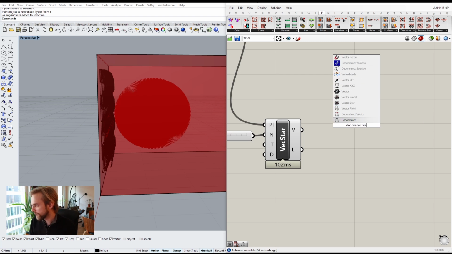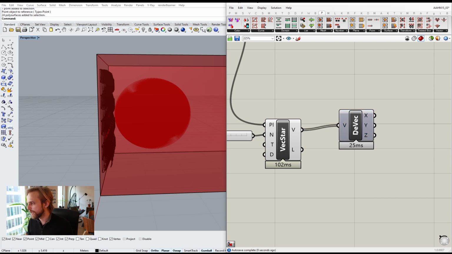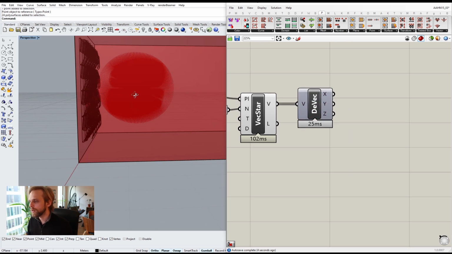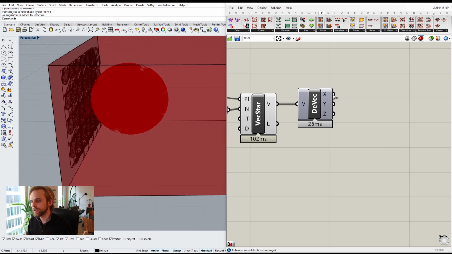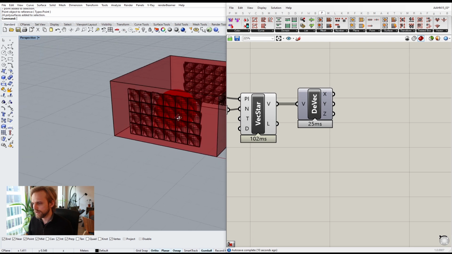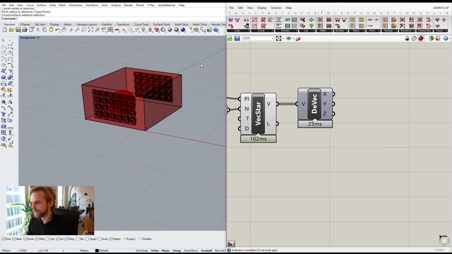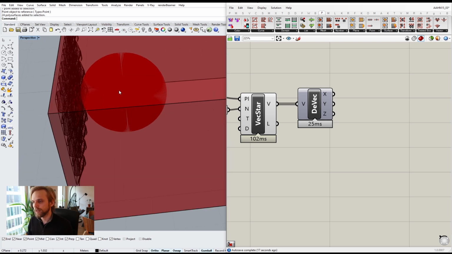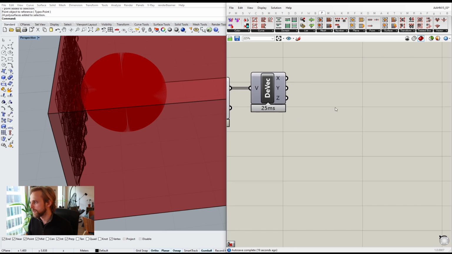Deconstruct vector into their XYZ coordinates. Once that is done, we will know, from these coordinates, which vectors are looking in, so this is X, this is Y. According to world, which vectors are looking in positive Y direction and which vectors are looking in negative Y direction, right? So I can just ask,